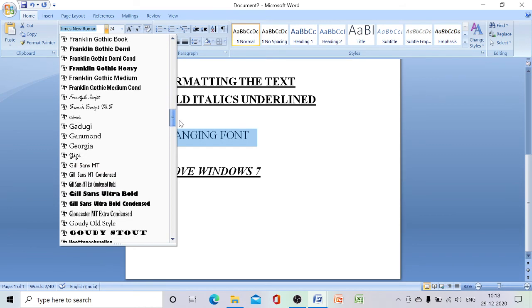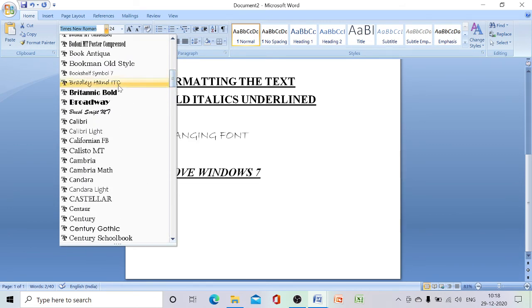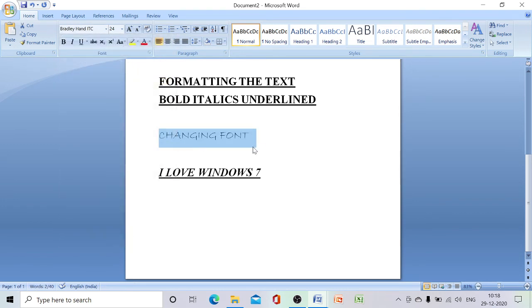From this we can select any one of the fonts. So here let me click on this font. So it has changed, the font has changed in this way.